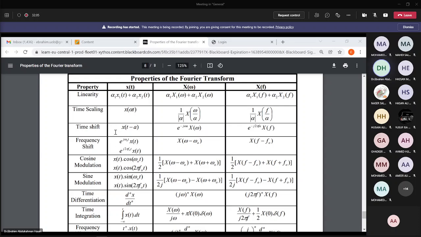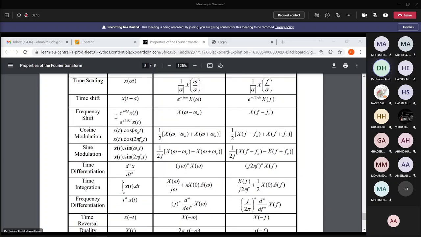So there is a difference between these two. Why am I saying there is a difference between the two? Because this is different than this one. When it is only multiplied by t, it is something different. Multiplied by e, it's different. Shift is different. Okay, so if we have that,